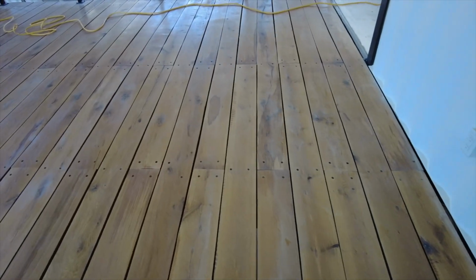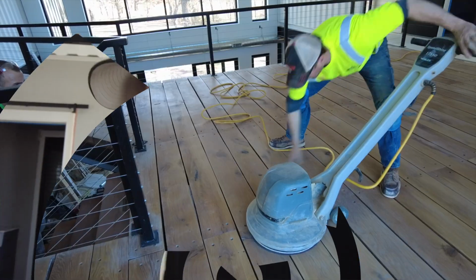This is all rough sawn white oak. There is not another floor like it. I'm telling you, I don't know anyone with a floor like this. Tomorrow morning I get to see what it looks like finished, and I'm